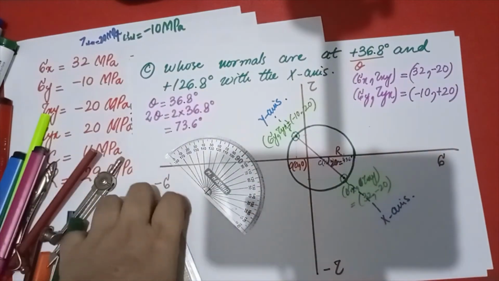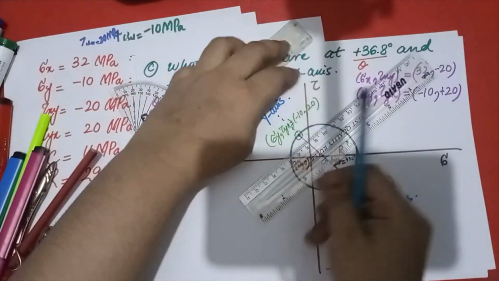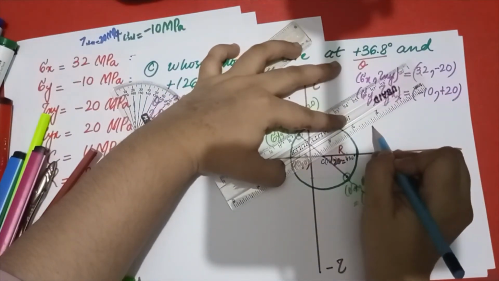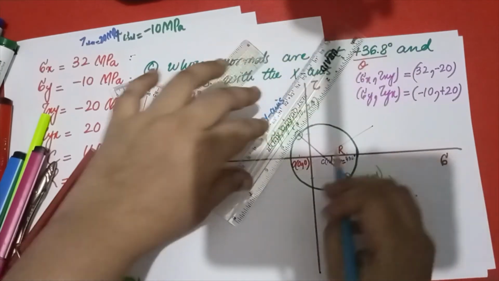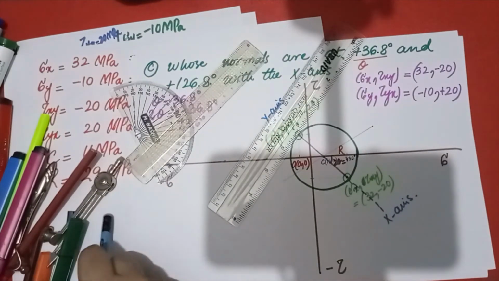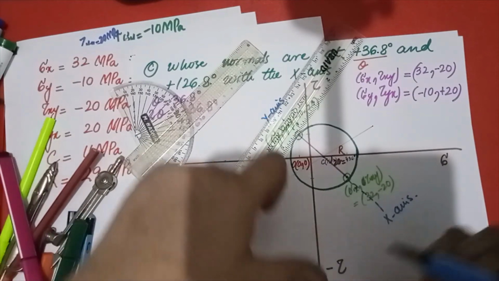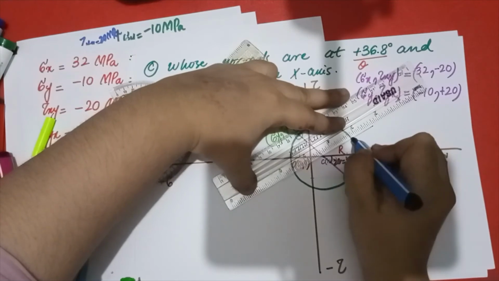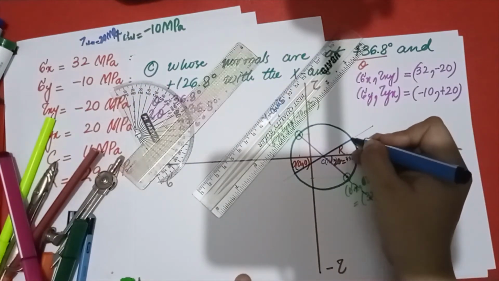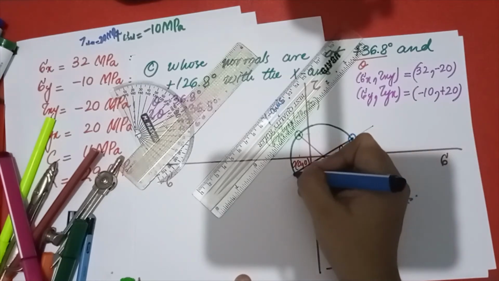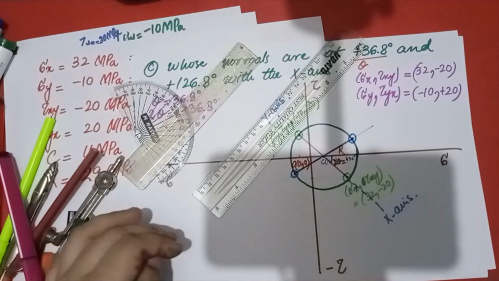So when you get your 73.6 degree, you will have to join it with point C. It will cross this point C and you will get... Let me take another pointer color, red one or light blue. So actually this is your point, and here you will get your sigma and tau. These are the 2 points you have to find out.